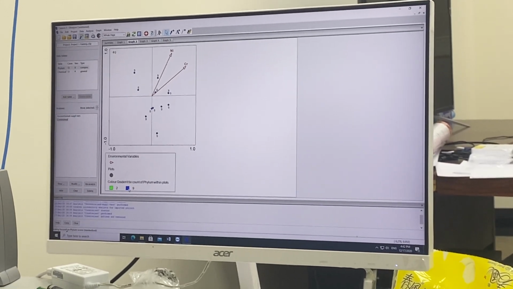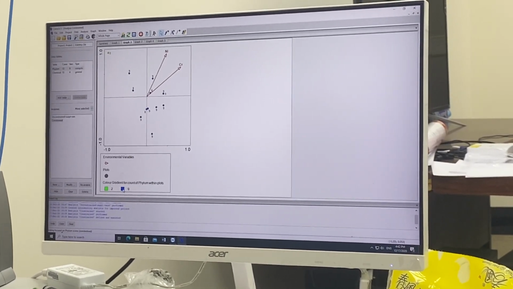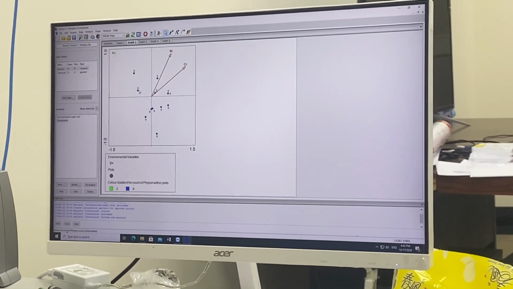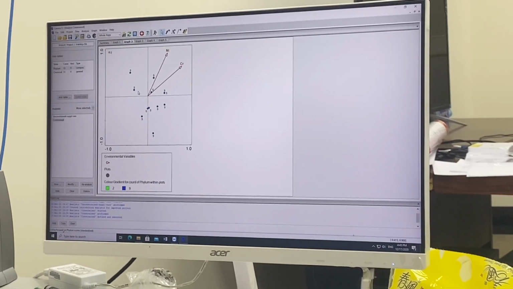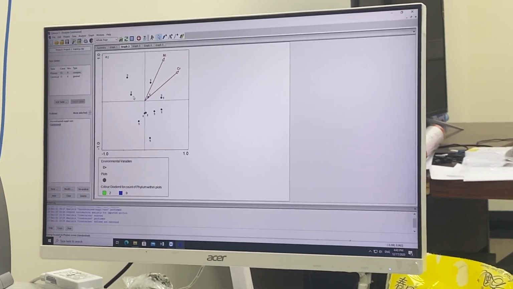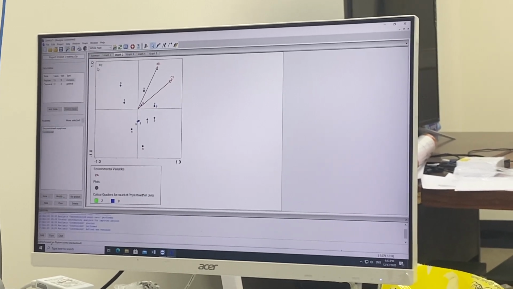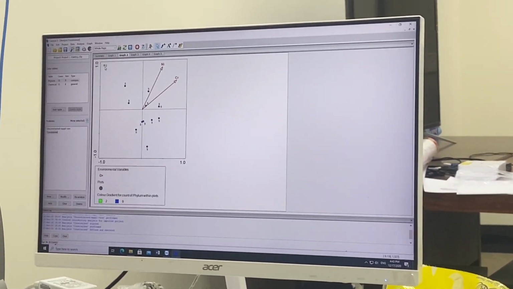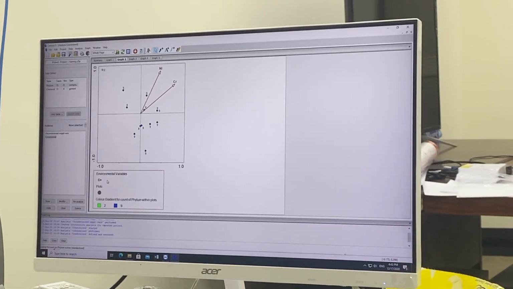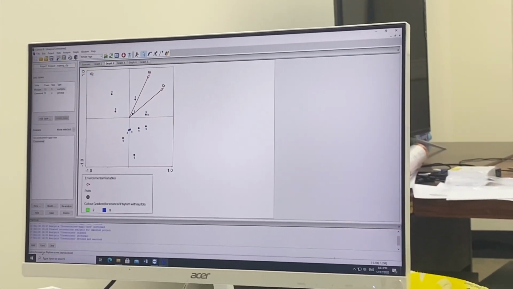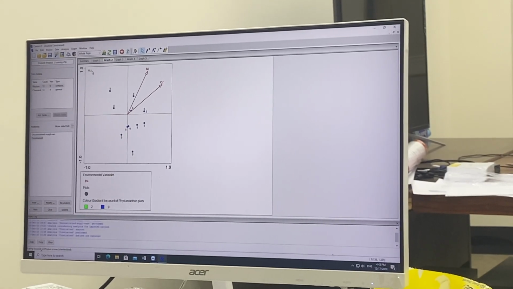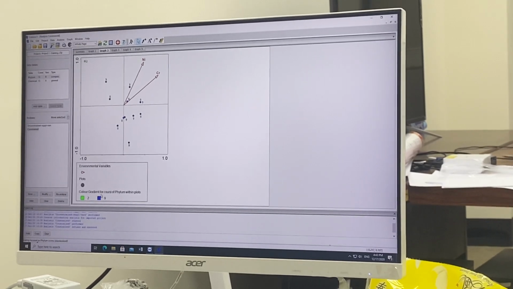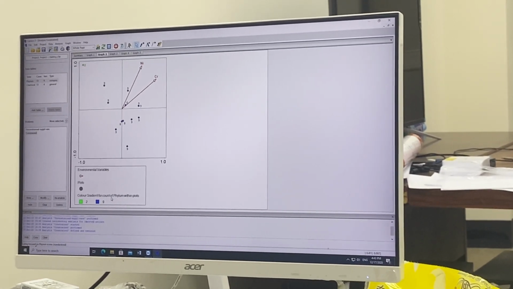If the color code is blue, then we can say that in this area the number of phyla is 8. Even though the circle size is the same, the number of phyla in this specific site is only 2. So this is a color gradient, and the last one is, I think,